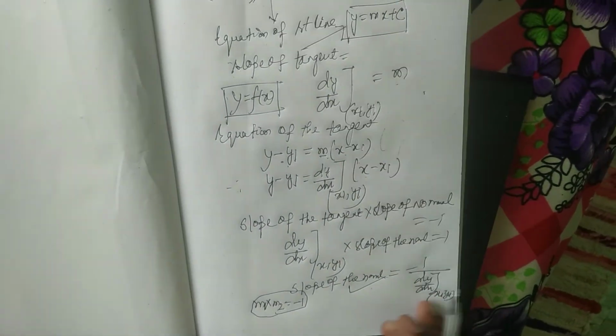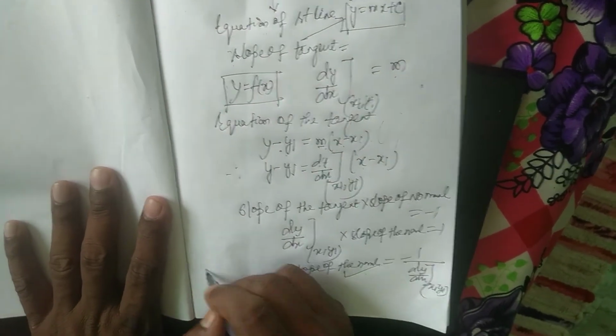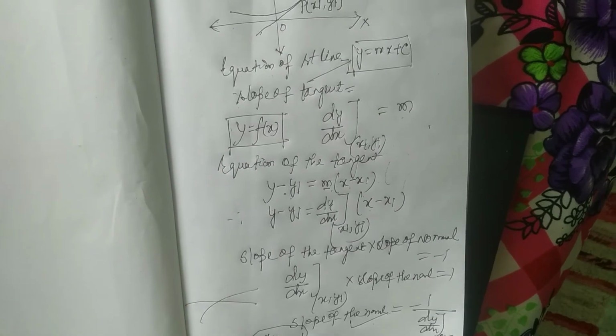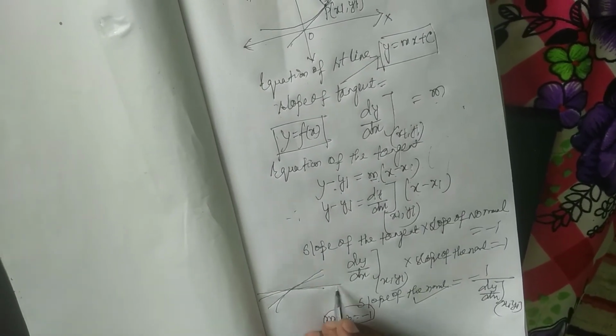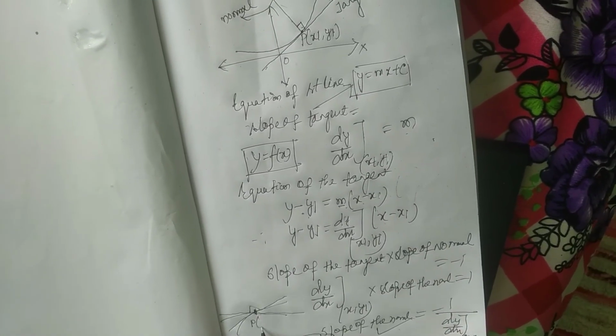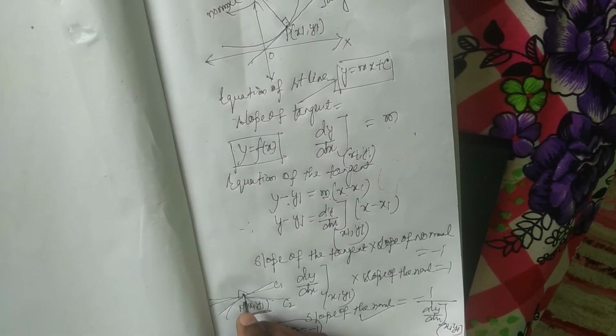Whenever two curves are given as orthogonal, what do we mean by the orthogonal condition? The orthogonal condition is the condition where the tangents to the given curves are perpendicular to each other at the point of intersection. That means you first have to solve the equations of curve 1 and curve 2 and find the point P(x1, y1), which is the point of intersection of the two curves.